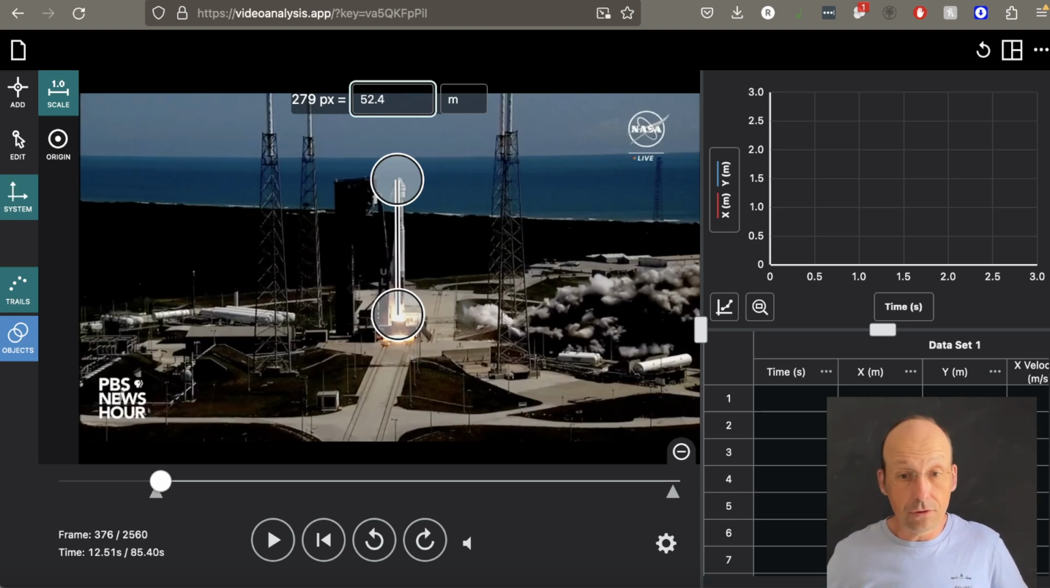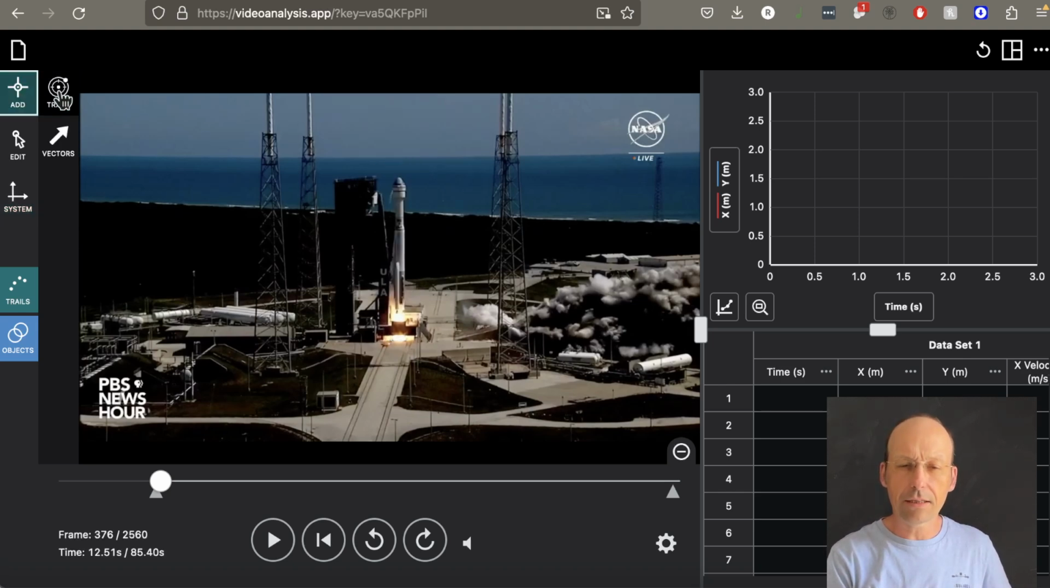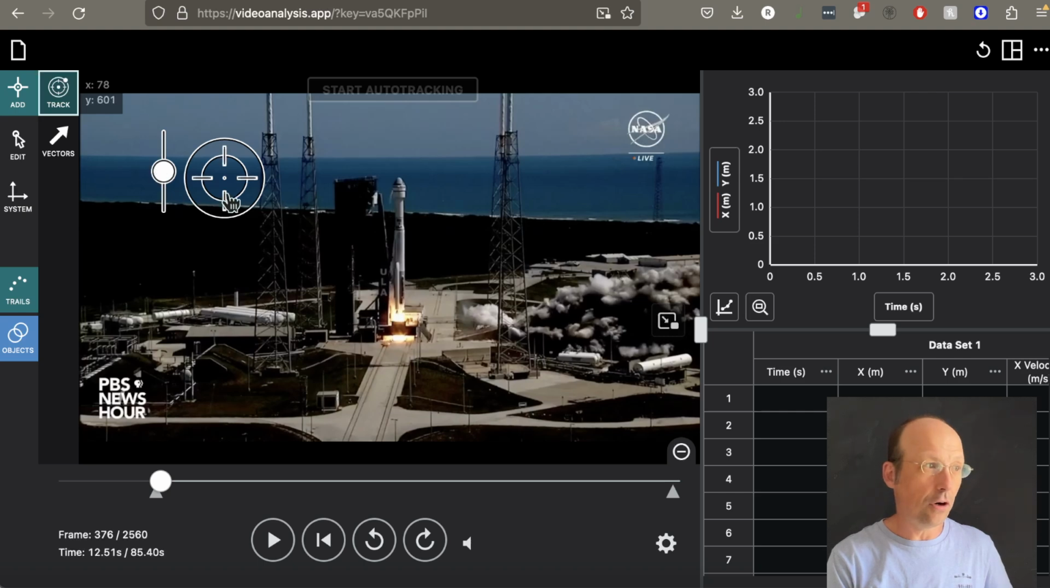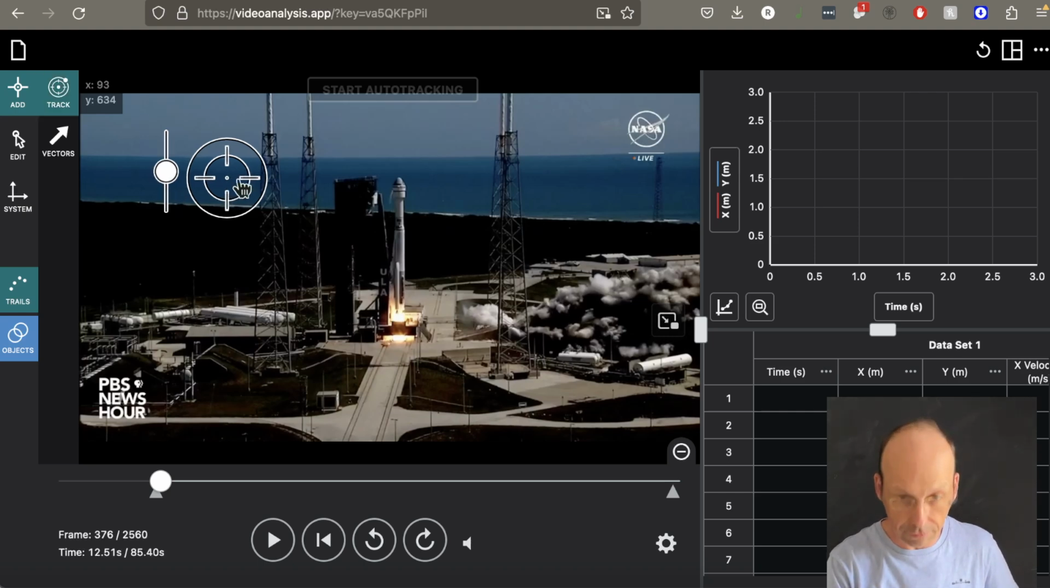Next, not too difficult. I'm just going to track. Normally, what I would do next is go through and mark a point on the rocket manually, but I'm going to do it with the auto tracker. So going over here to add, I'm going to add a point, and I'm going to click the track button, and it brings up this auto tracker thing. So what I want to do is drag this. I'm going to put the tip